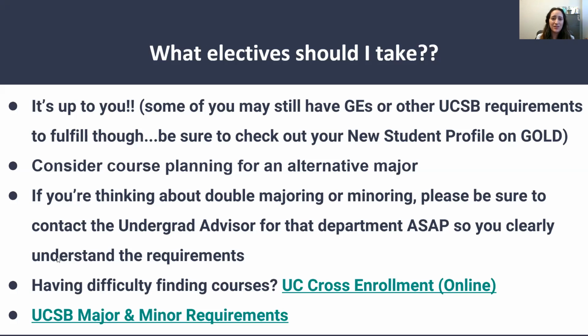Like I mentioned, it happens, I see it all the time where students didn't plan ahead and then are completely shocked and have to start over from scratch, which is not a fun conversation to have. So planning for an alternate major is one way to pick electives. And then best case scenario is if you do get into the comm major, that those classes that you took aren't for nothing because they are going towards your overall unit requirements. But in addition to that, they may also apply if you wanted to do a double major or a minor.